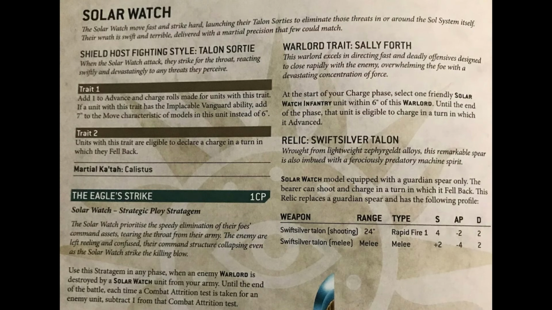The next one we're going to talk about is the Solar Watch. The Solar Watch fighting style is the Talon Sortie, which is a Callistus martial Carter. The trait 1 is add 1 to the advance and charge rolls made for units with this trait. If a unit with this trait has the Implacable Vanguard ability, adds 7 to the move characteristic instead of 6, so that obviously affects the bikes. Trait 2 is units with this trait are eligible to declare a charge in a turn in